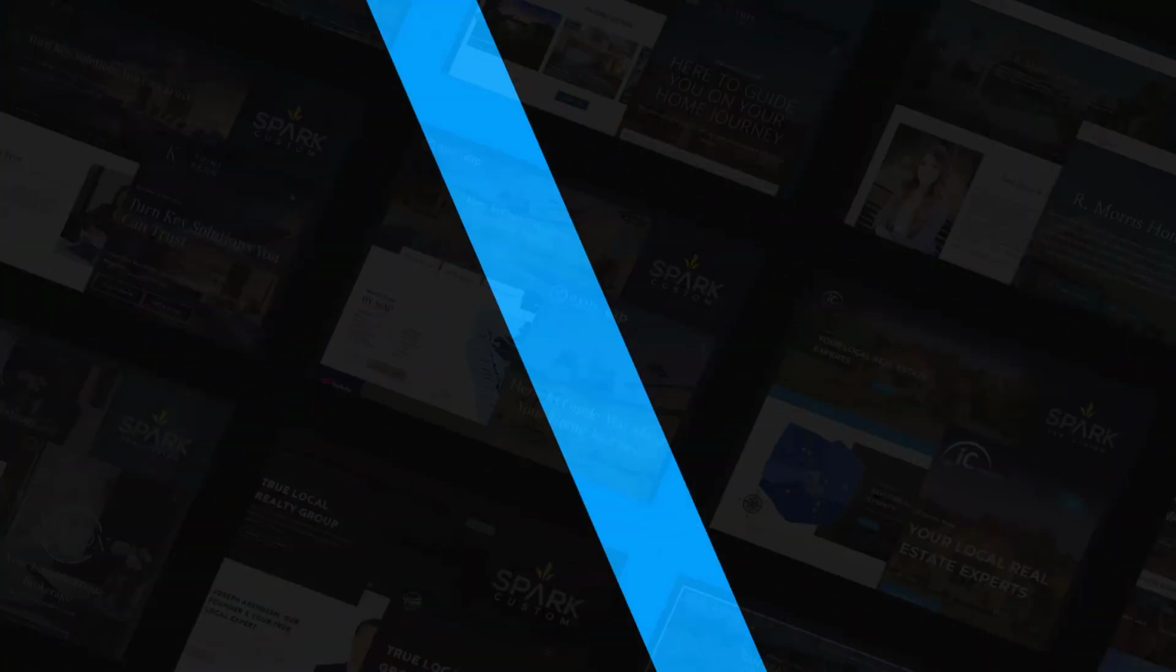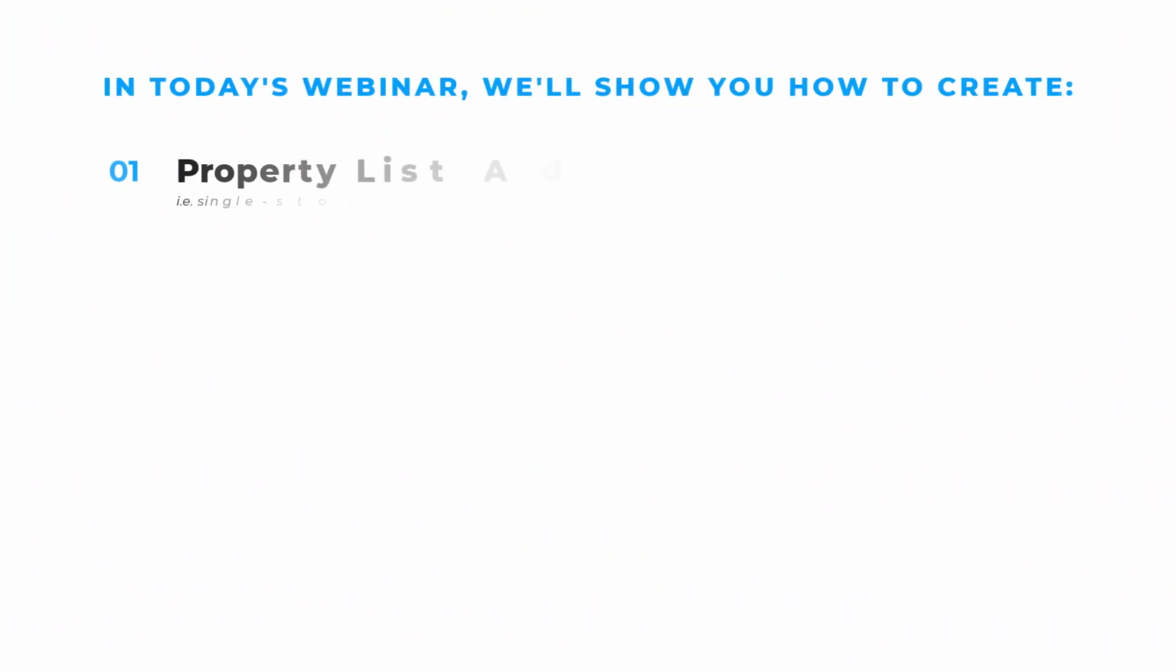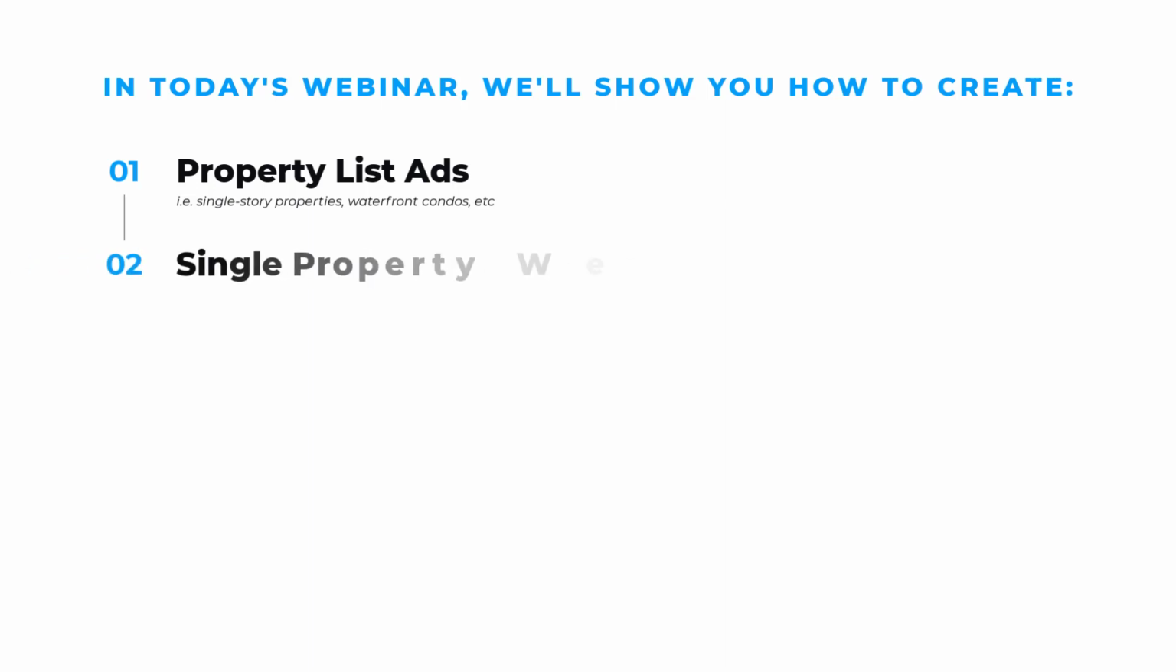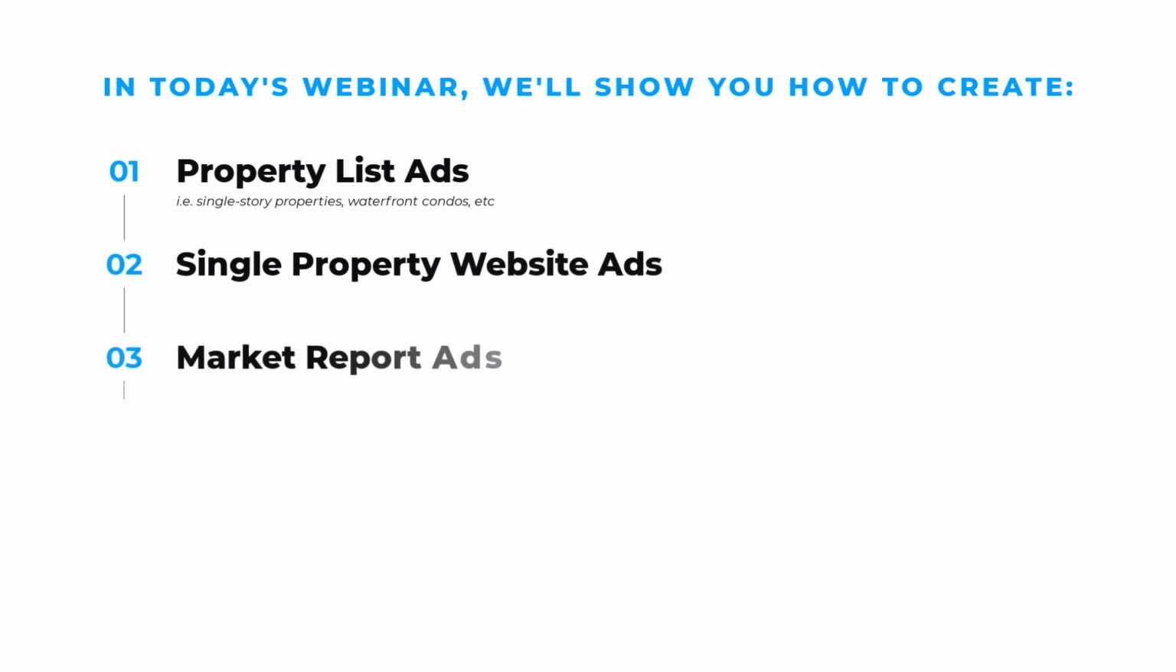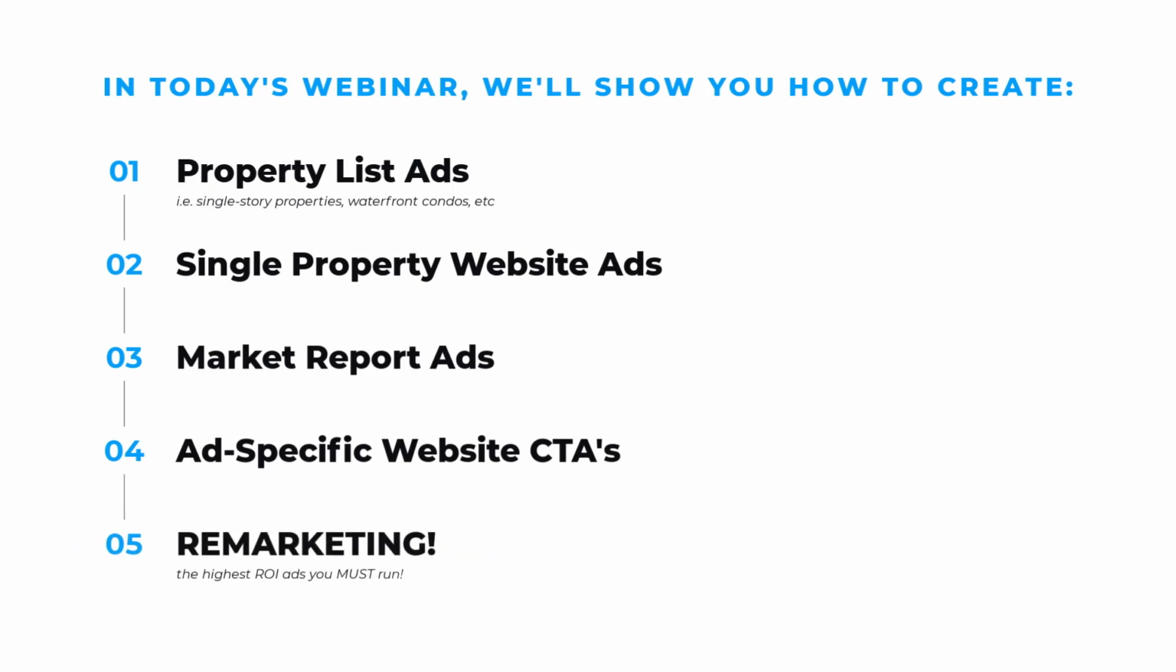Specifically today, we're going to be going through custom property list ads. So again, how to set up the website component, and also how to set up the ads through StreetText, single property website ads, market report ads, how to leverage CTAs on the pages that you're directing ad traffic to, and then finally remarketing, which is really super essential for anyone that's running any type of PPC, whether that's Facebook, Instagram,